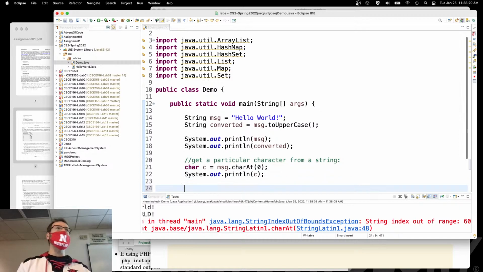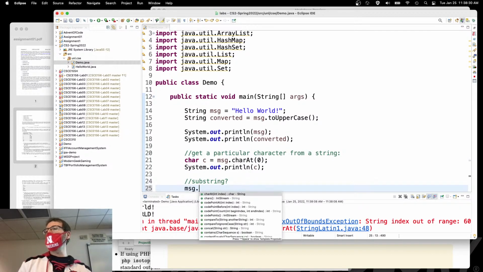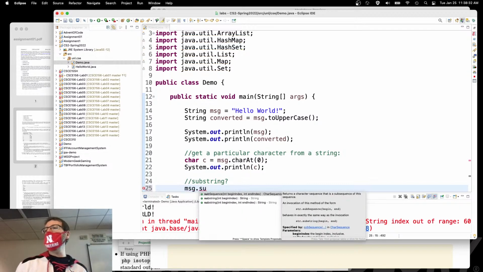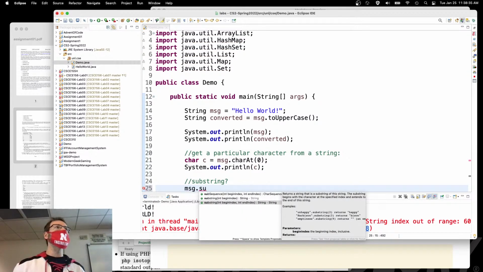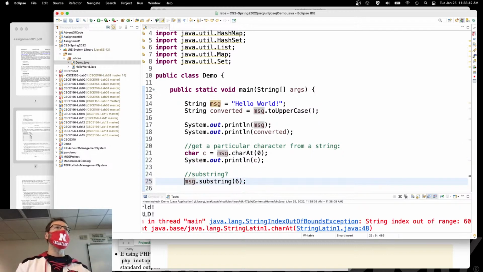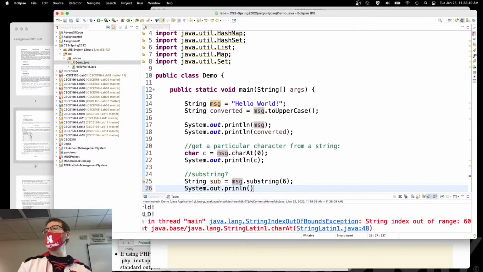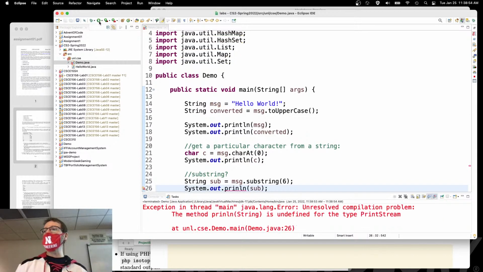What if I wanted, say, a substring? Right? Substring. Substring string. There we go. Well, MSG dot substring, subsequence or substring. I've got several different versions here to choose from. You want a substring beginning at a certain index, at index 6. What will that return? System.out.println. It'll return, well, what starts at 6? The capital W. And so the rest of it will be,